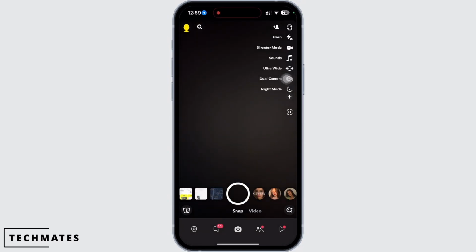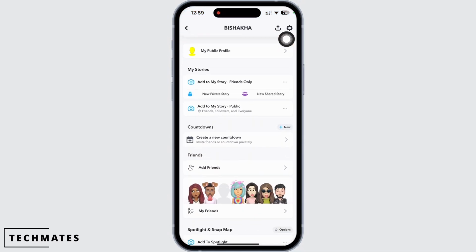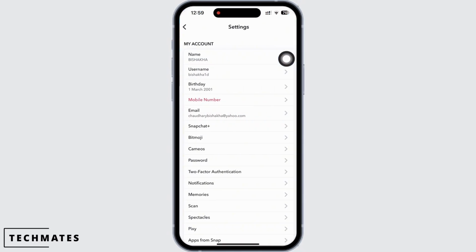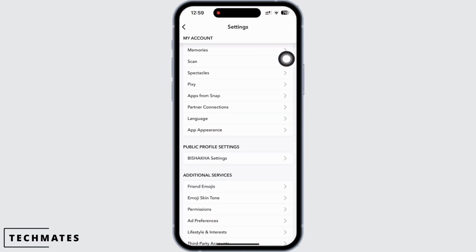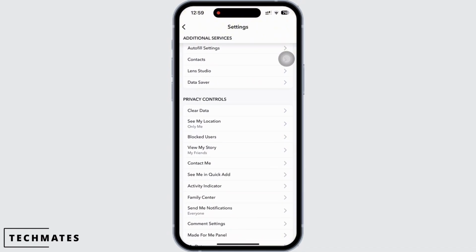And now, to unblock someone that you no longer want to block, tap on your Bitmoji on the top left of your screen and further, tap on the gear-like icon you see on the top right of your screen. You will be led to Snapchat settings. In here, go ahead and scroll down and find the Privacy Controls tab, and under Privacy Controls, tap on the